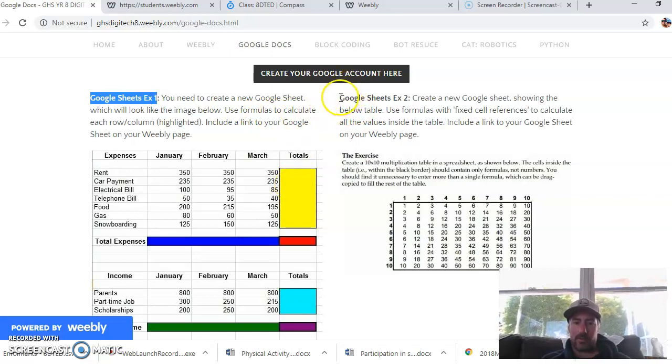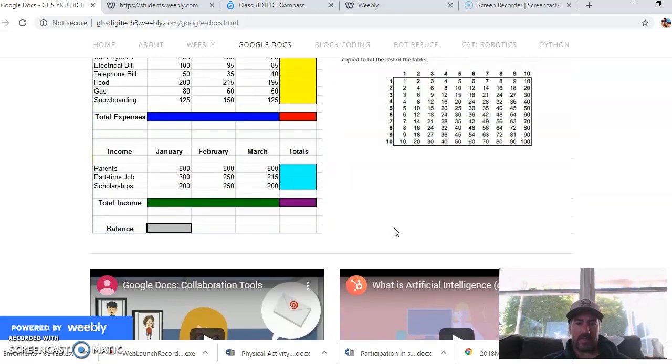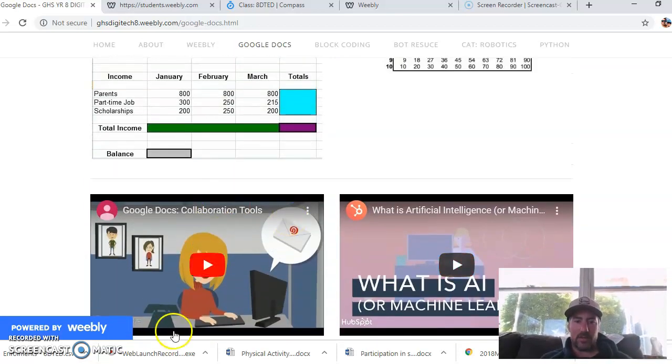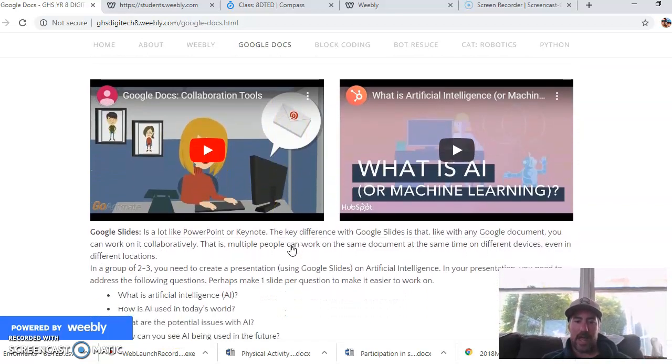And then you've got Google Sheets 2. There's a brief explanation about what you need to do, and then a picture of what it should look like when you're done. Again, I'll talk about that more in another video. If you keep scrolling down, there's a little bit of information and a couple of videos on